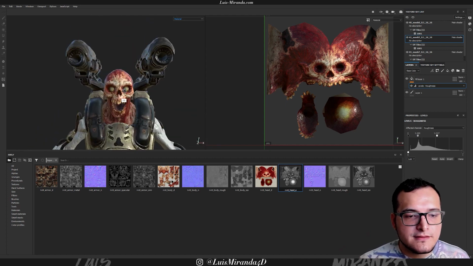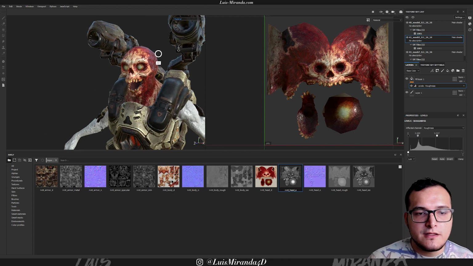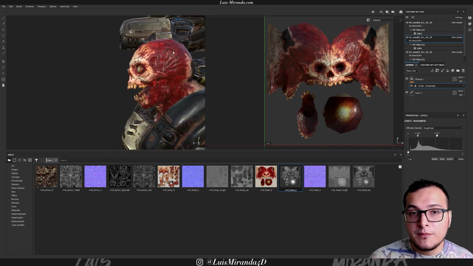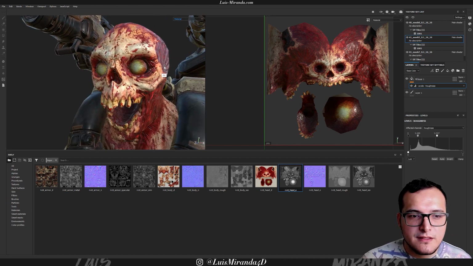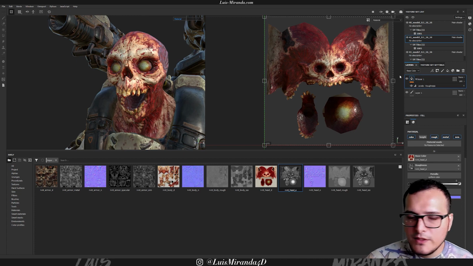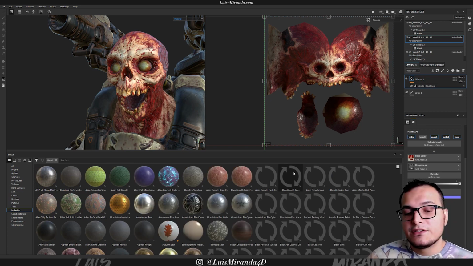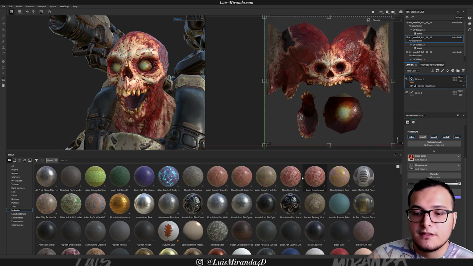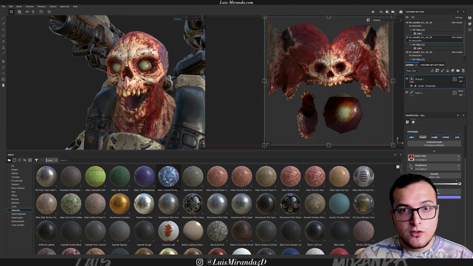Cool. So let's go ahead and start playing around with this guy. So on the head, I think it's probably the easiest to manipulate because it already has muscle and bone exposed and all that good stuff. So if we go over here to our layers, we can actually start dropping in materials. So here in our materials, let's go ahead and pull these guys up. As you can see, I have a lot of materials already installed because I've been using this guy for so long. But if you want to install more yourself,